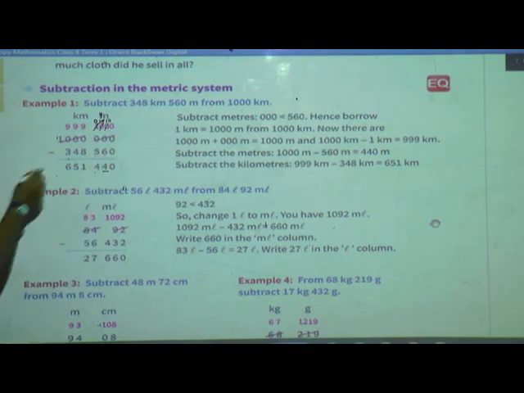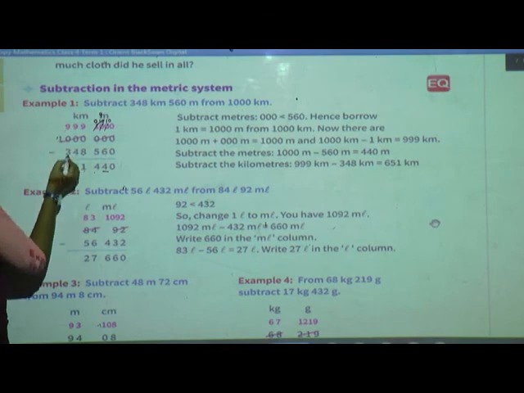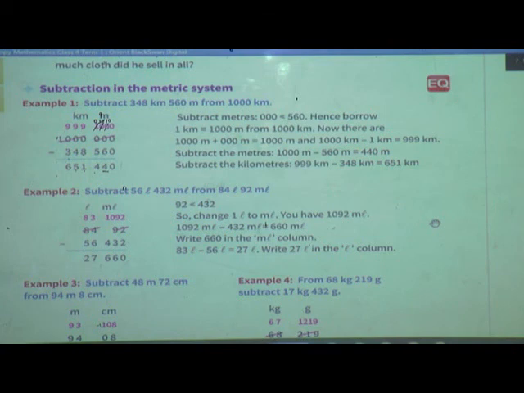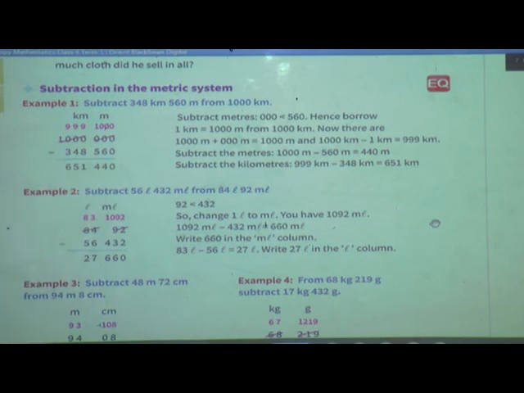Understood? Now the next, how to subtract this? 9 minus 8 is 1, 9 minus 4 is 5, 9 minus 3 is 6. Clear? Yes, is that clear? Yes, very good. Understood? Subtraction also, just while writing the number, write properly. Now second example, you see by your own. Now I explain you third example from this.